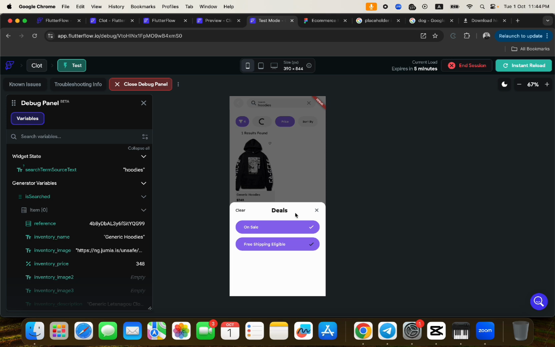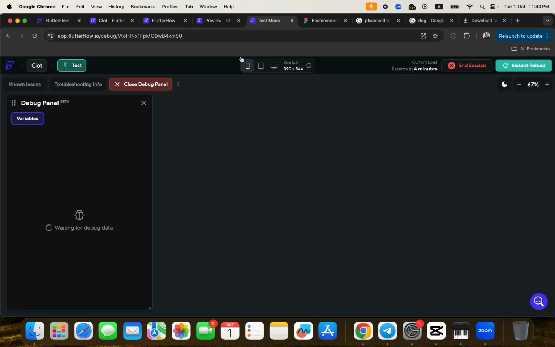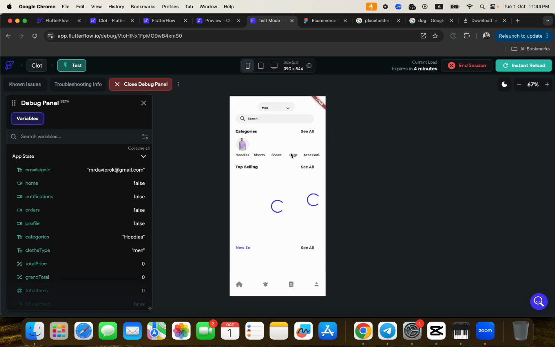Why is it still showing both of them? I don't know why it's still showing both on initialization. I don't think it loaded properly, because I told it that on initialization the component state variable should be turned